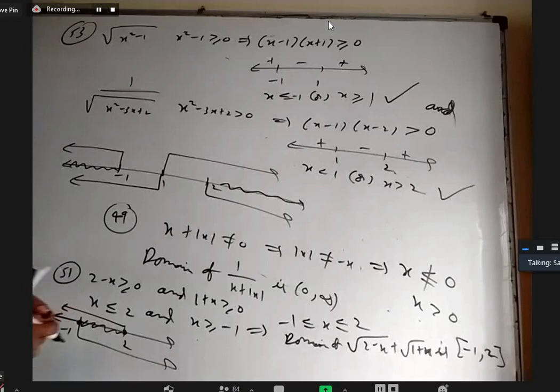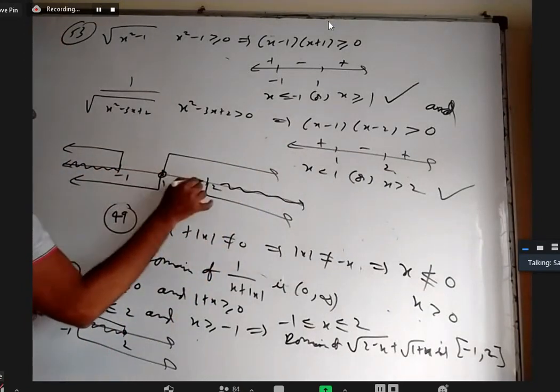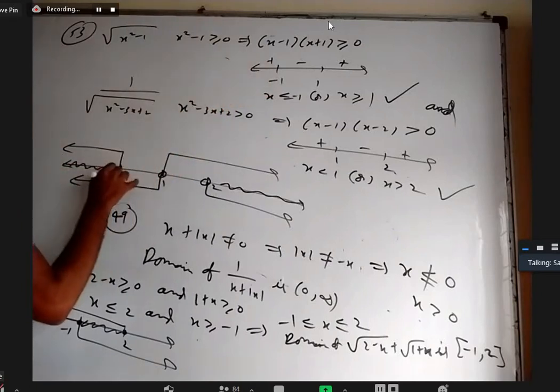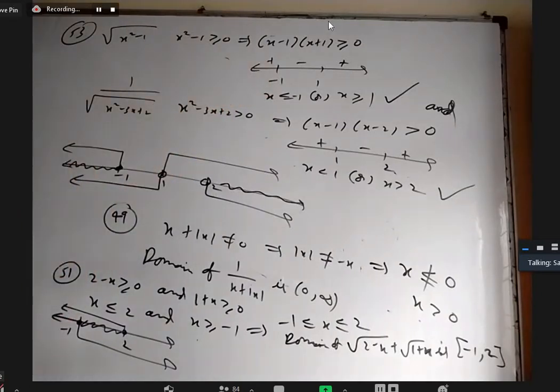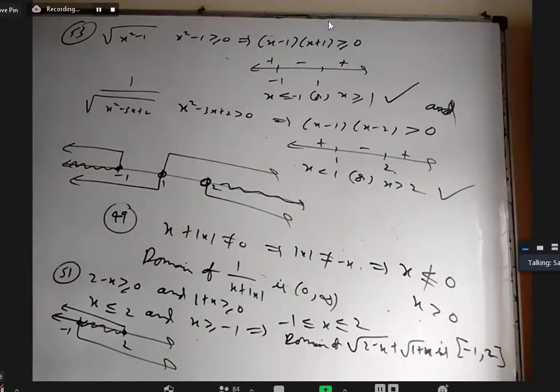What about closed and open? Here 1 and 2 are open only. There minus 1 and 1 may be closed. But anyway 1 is open, so we don't have to take that. Minus 1 is closed, we can take because within this it is closed. 2 is again open. Okay, so finally what is the answer we are getting? We have to see carefully here.